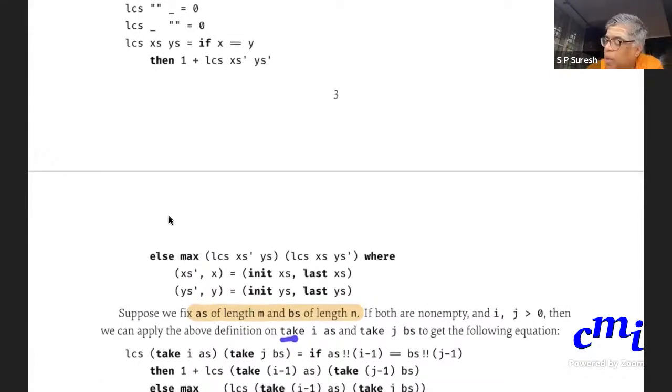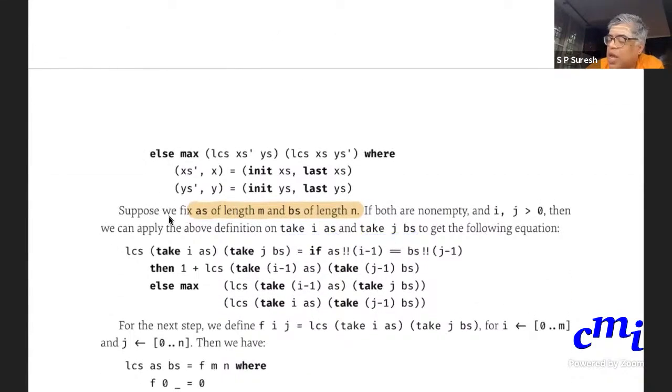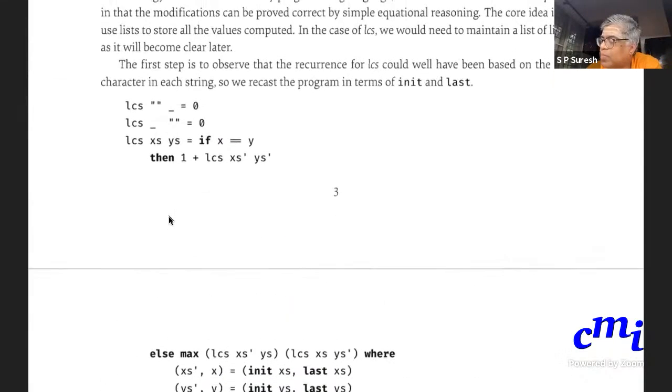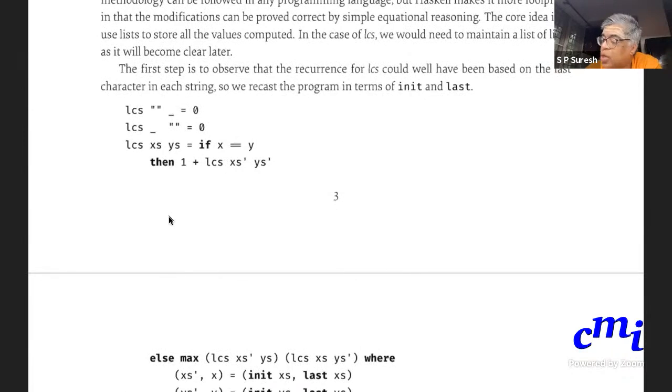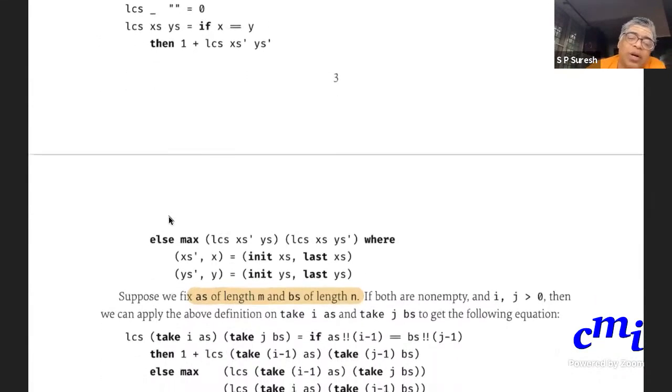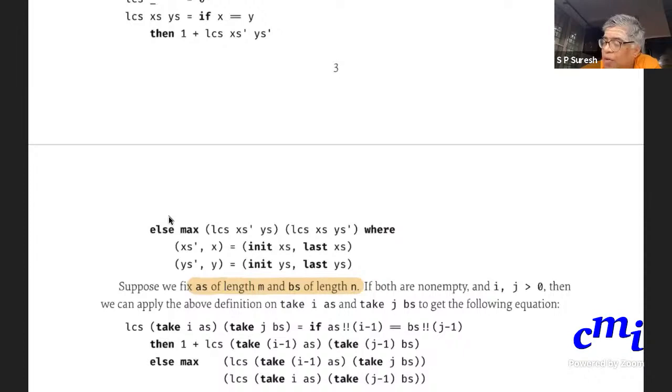Okay, this is what I'm doing. And if you expand the definition, what will happen is that LCS take i A's, take j B's. Remember, you have to compare the head of the two lists, sorry, you want to compare the last element in both the lists.